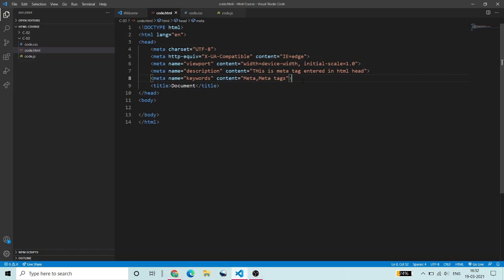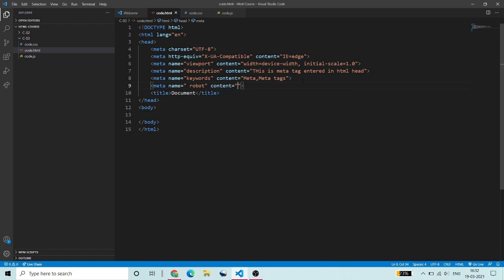And there are some more meta tags like robots. Meta, name equals to robots. So what does robots do? We just want to tell Google that the browser should index our website or follow, in the content.